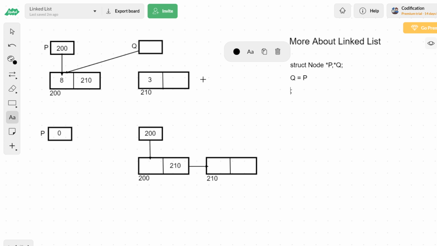First of all, mention the name of the pointer which is referring to the node. p is referring to the node, so I first mention the name of the pointer p. Now this pointer does not have any member called data or next. So you cannot do p dot next or p dot data, because this pointer does not have any member. Only the node has them.